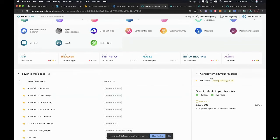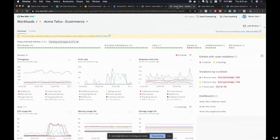On the right-hand side, you got alert patterns, which are now pointing out that one of the applications is misbehaving. So if you click on it, it will take you straight to that news bulletin type of insight, whereby you can understand which application. So here you can see the application is Origami CMS. So I'm going to show you three critical screens that you could use in your production day-to-day SRE practices or